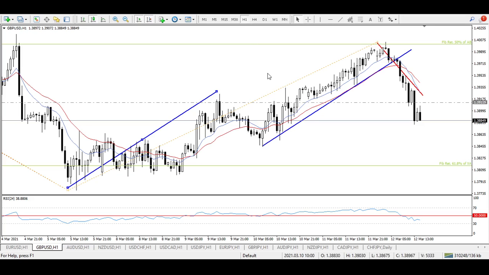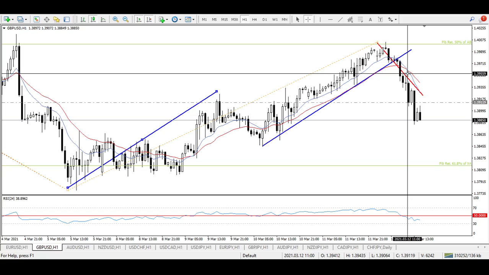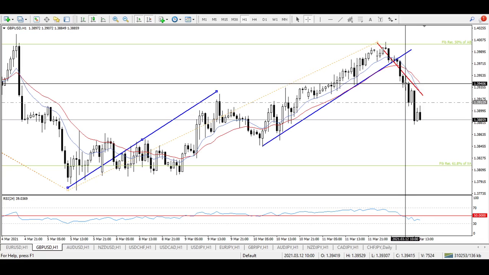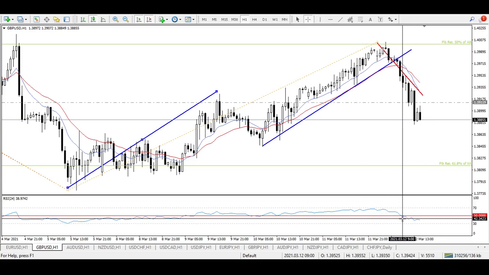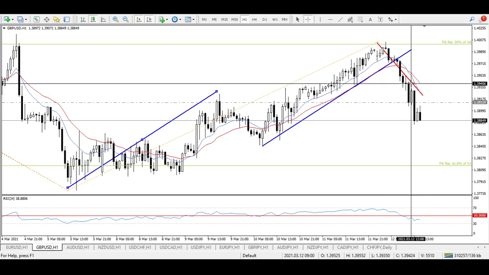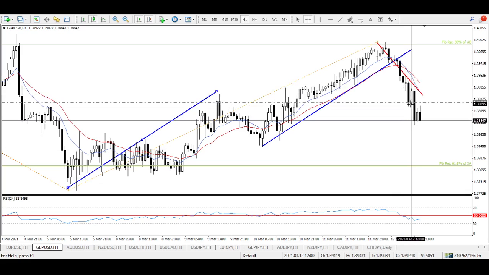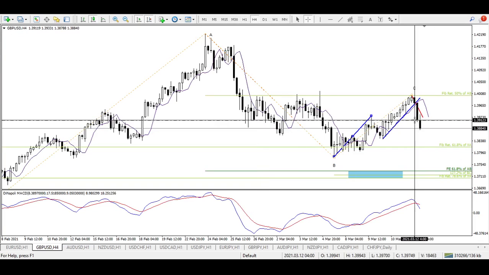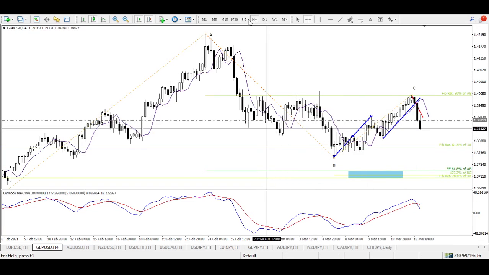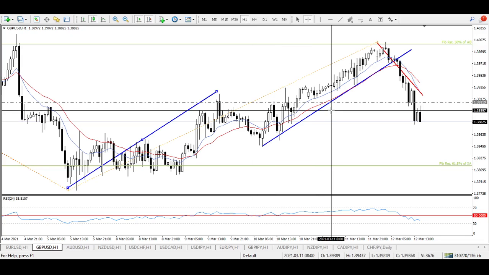Now if we look at the 1 hour time frame, all the criteria on the 1 hour time frame were already fulfilled when the moving average crossover took place after the closing of this small doji sort of candle. Simultaneously RSI crossed below 50. Nevertheless, I did not take the sell position right here. I waited for the closing of the 4 hour candle, and then I took the position when the 4 hour candle closed here at 1.3911.9 to be precise.